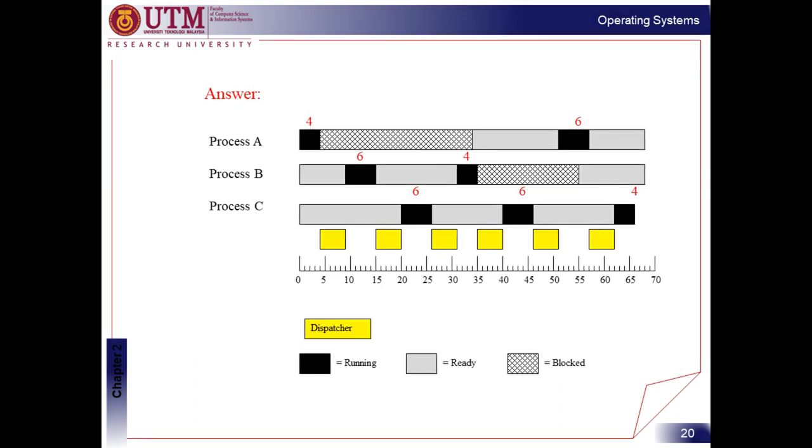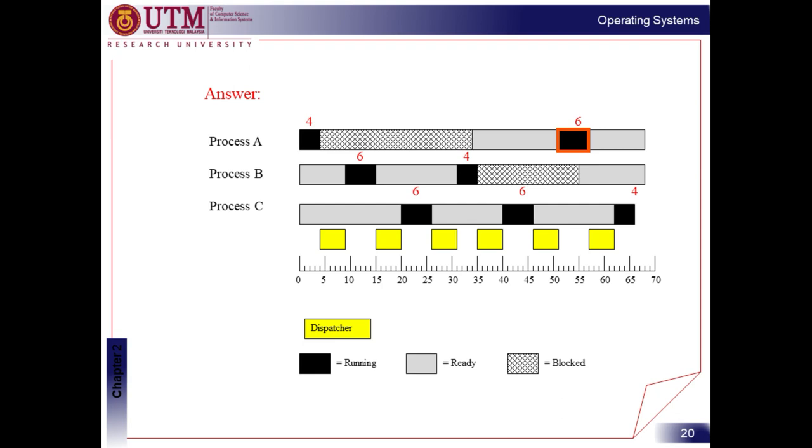Upon process B entering the blocked state, the dispatcher regains control of the CPU resource for 5 instruction cycles to determine the next process to execute. Process C, currently in ready mode, transitions to the running state and executes for another 6 instruction cycles. After process C completes another 6 CPU cycles, the dispatcher takes over again for 5 instruction cycles to determine the next process to run, which is process A, to run for another 6 instruction cycles because of its turn based on sequence and process A is in ready